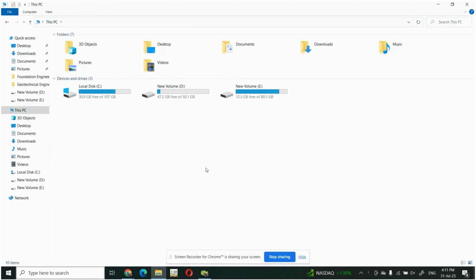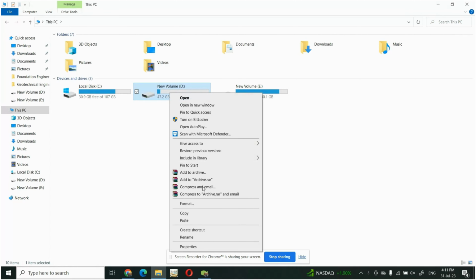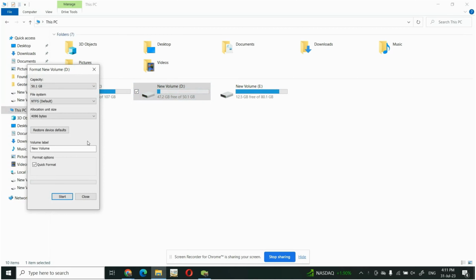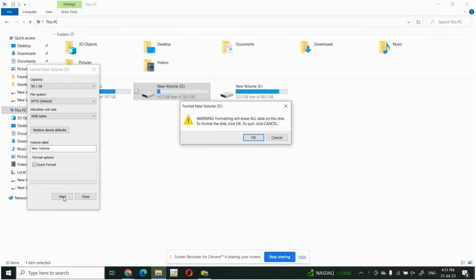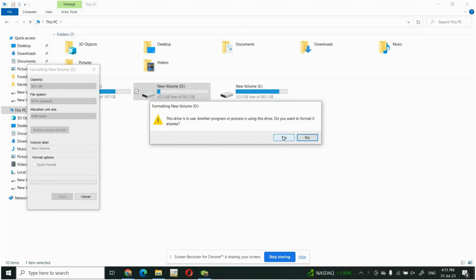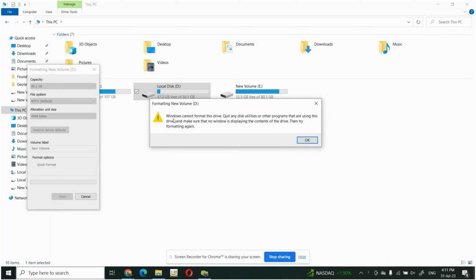In this video, I will let you know how to delete a volume or a partition disk for which you are getting a problem, an error like this. See here, I am going to format this file, and if I start the formatting, it will show some notifications, and you can see here that